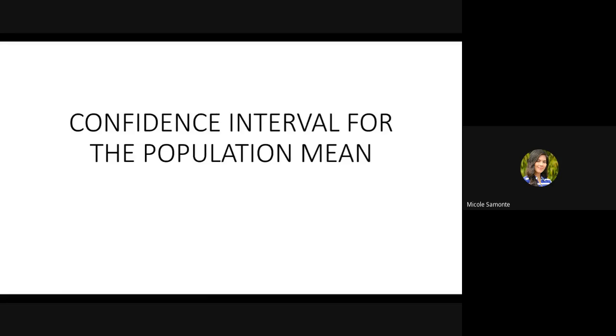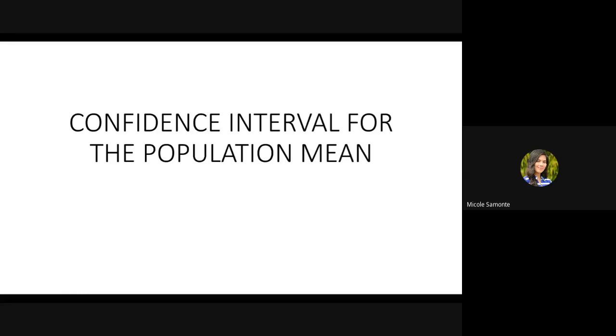So today's lesson is confidence interval for the population mean. So there will be two cases for this topic. The population standard deviation is known, and the population standard deviation is unknown. Confidence interval, in layman's terms, say for example, suppose that the principal of Arellano University